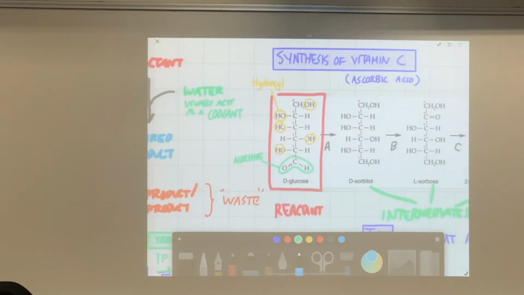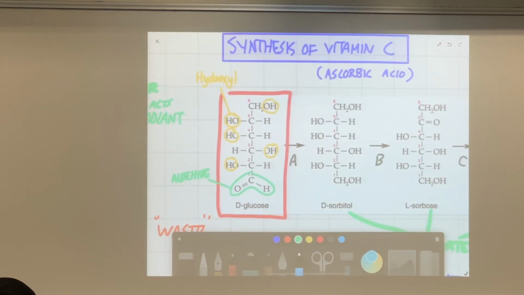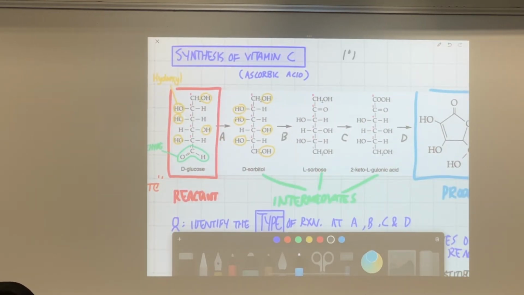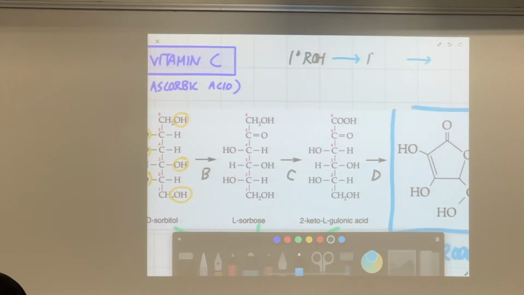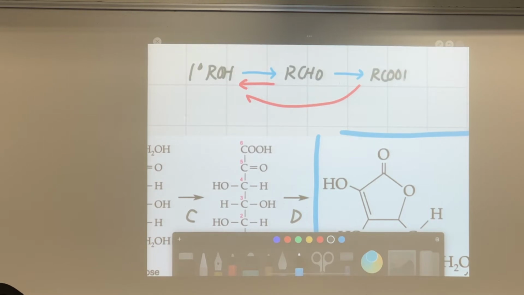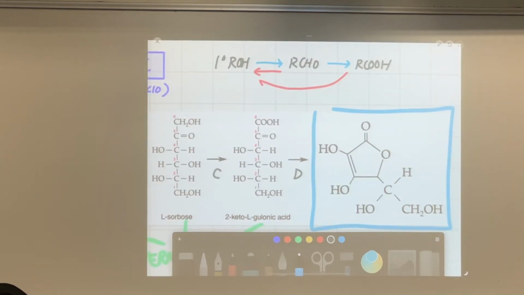So what happened? As you undergo reaction A, you see the aldehyde group is converted to a hydroxyl again. So what must have happened? Is it oxidation or is it reduction? Remember the pathway here. Primary alcohol can be oxidized first into aldehyde. And going from aldehyde back to alcohol must be reduction, right? So can you draw this pathway if you have forgotten? Going forward, we call this oxidation.